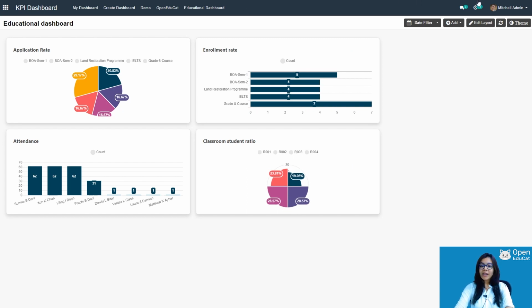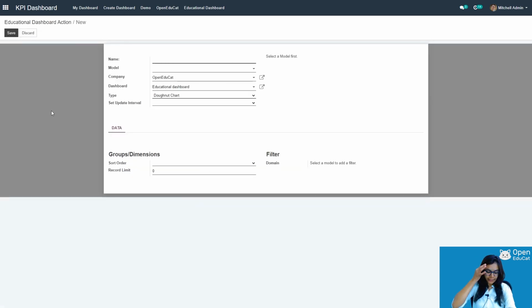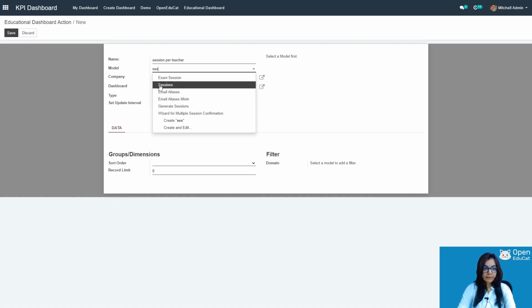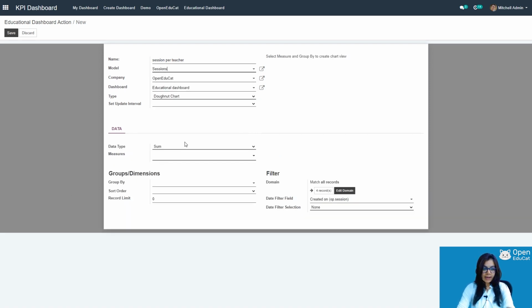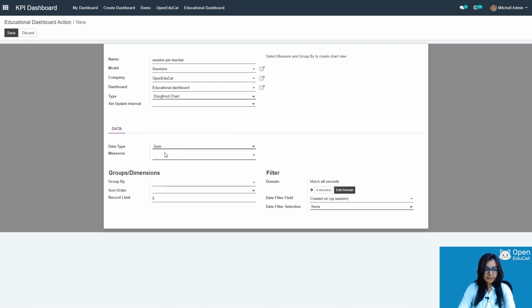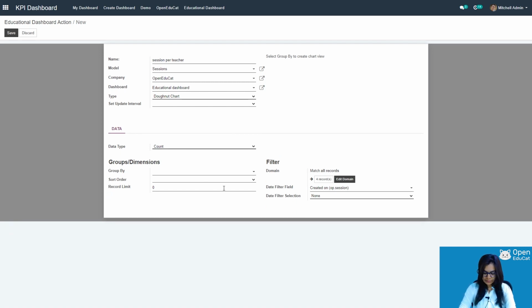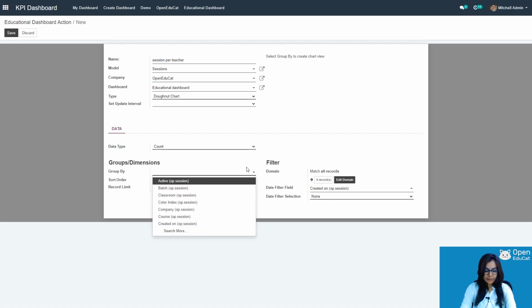Now I want to add one more data. I want to add the session per teacher in the form of the doughnut chart. And I am giving that name session per teacher, model sessions, and data type is count, and group by faculty.